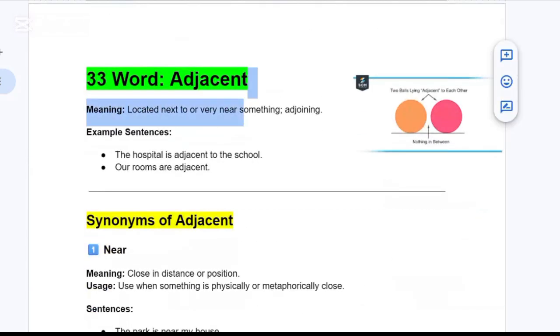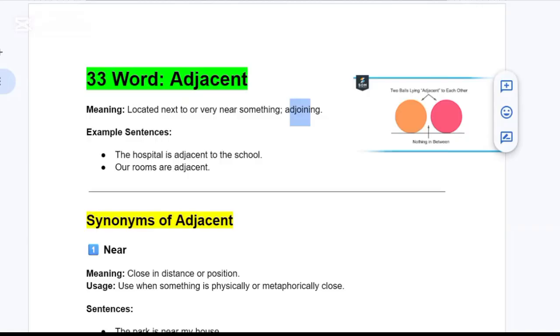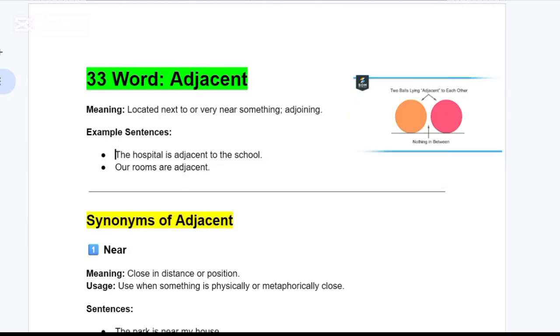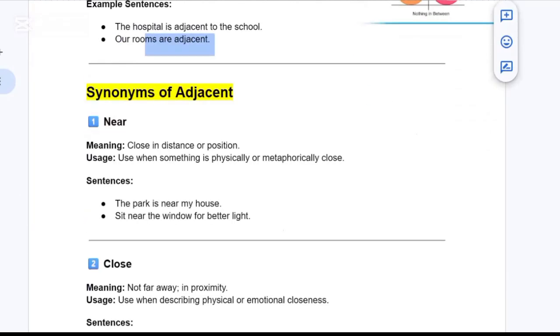33rd word is adjacent. Adjacent means located next to or very near something. Means adjoining. Just like in this picture, you can see an example of walls lying adjacent to each other. The hospital is adjacent to the school. Our rooms are adjacent. Synonyms of adjacent: